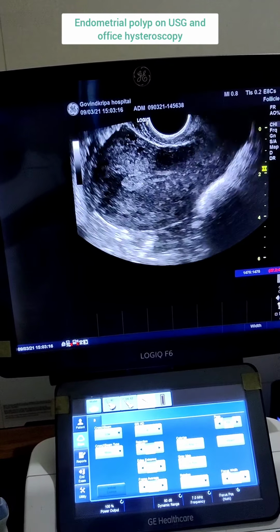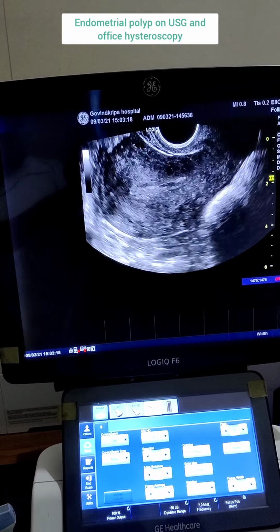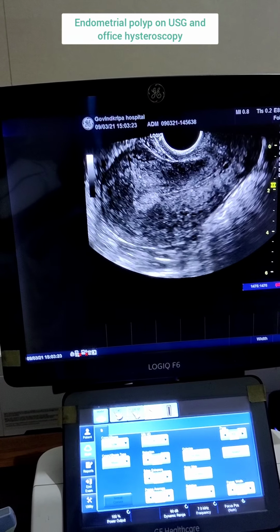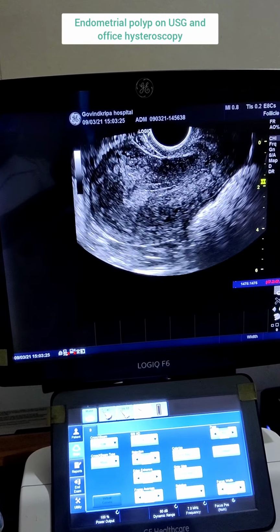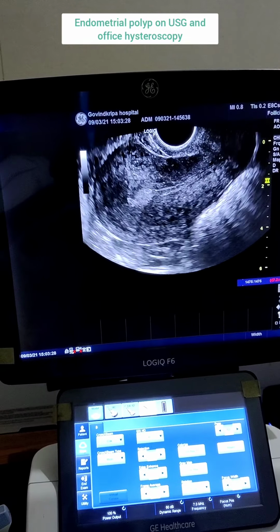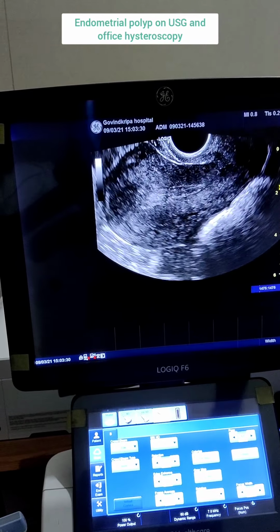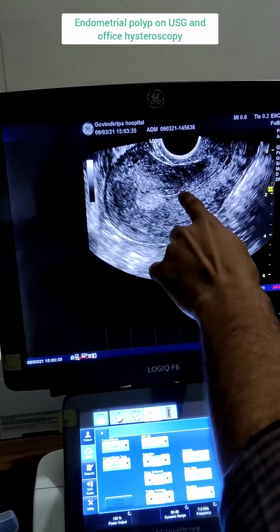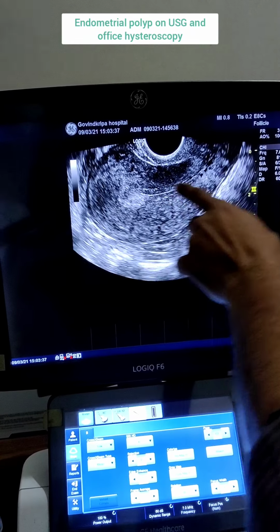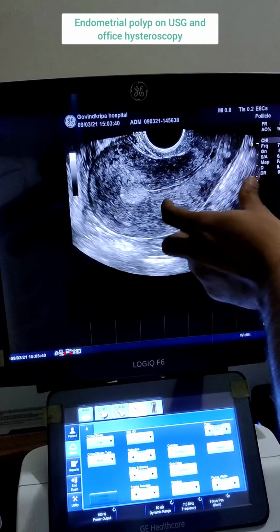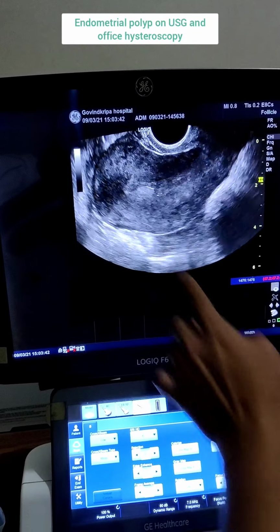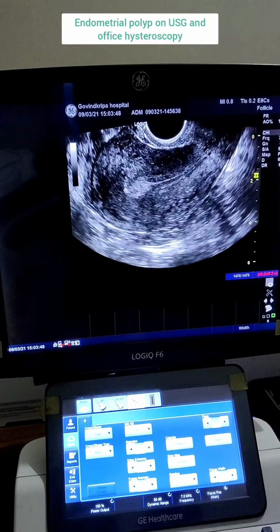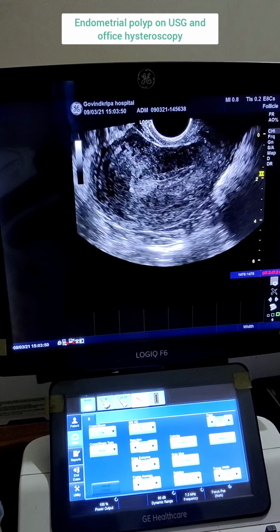In this video, we are going to demonstrate a possible endometrial polyp and how it looks on sonography. This is a uterus in the longitudinal section. You can make out the uterine fundus and cervix on this side, and this is the endometrial cavity. Typically it is a three-layered endometrium within the lower part of the endometrial cavity, but in the fundal region you can see very nicely that there is a hyperechoic lesion. So possibly this is going to be a polyp, an endometrial polyp.